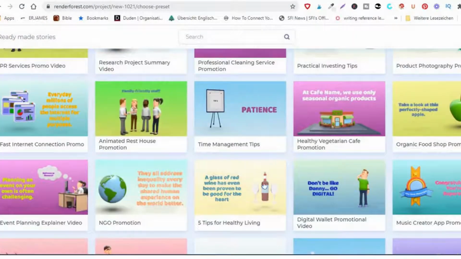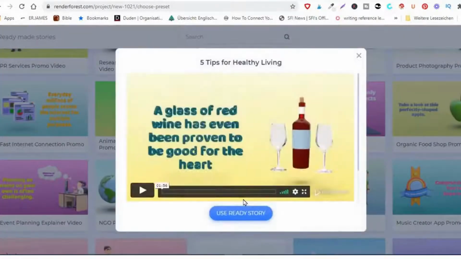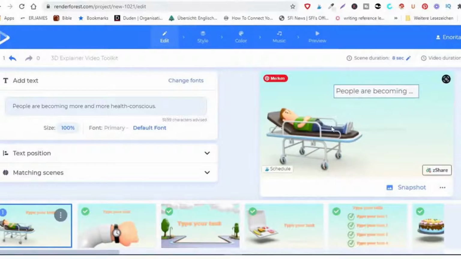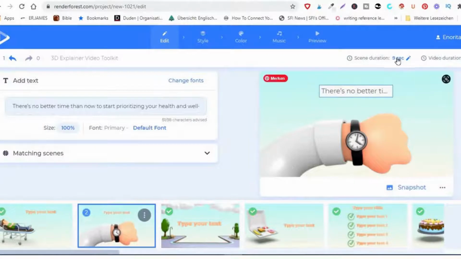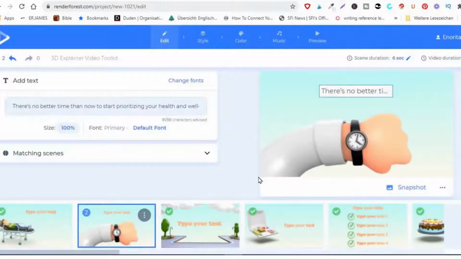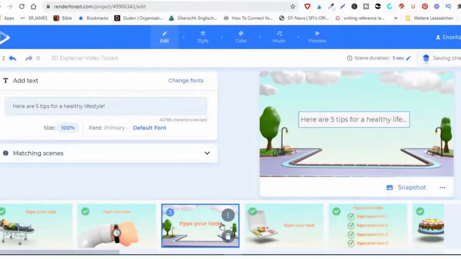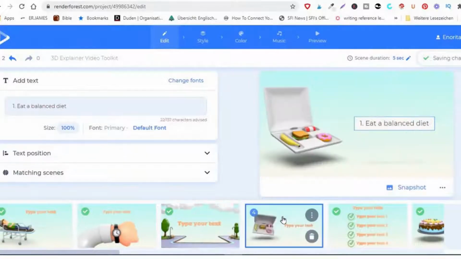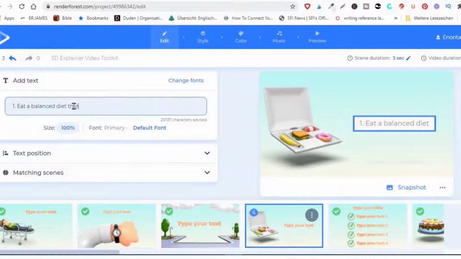So I'm going to use this template, 5 tips for healthy living, to do my video product advertising. And the product I want to be advertising actually is the long reach product. As you can see, you can reduce the seconds for each of the sections of the advertisement. You can change the words, you can change the product picture. For instance, here I can change this or add a sentence to it, like eat a balanced diet that contains vitamins,